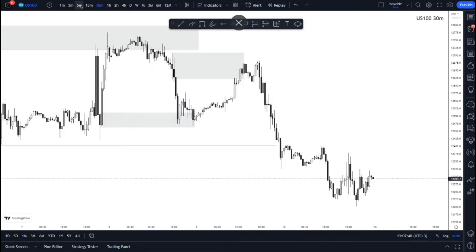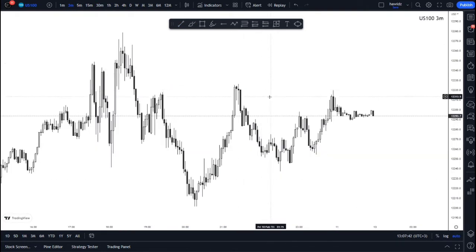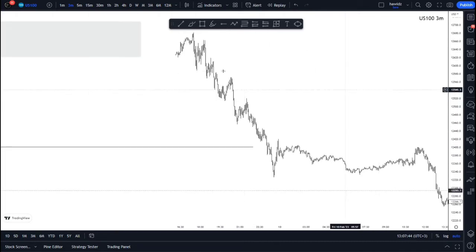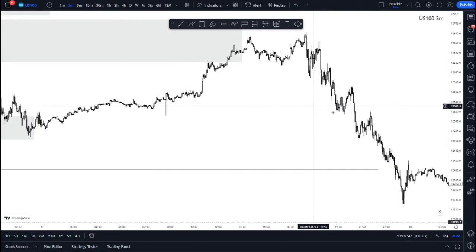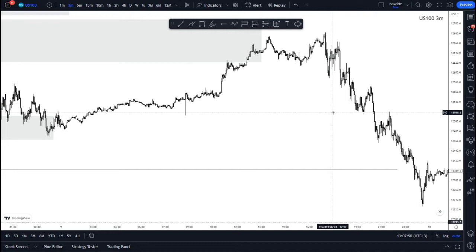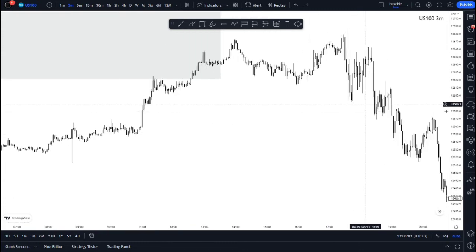So let's go down and see how we got these entries in here and how we could have scaled up in this area here. Scaling up simply means using the most of your entries, obtaining as much as you can from a single setup. So particularly what happened is that